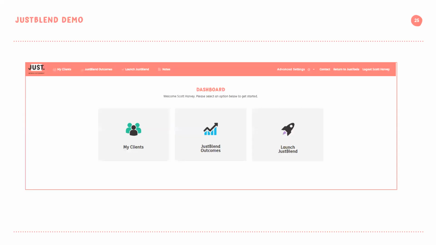Last point is we do have a very useful tool. It's called Just Blend. And what it does is it allows you to work out the appropriate or best amount that should be allocated to the Just lifetime income portfolio. So the tool allows you to move around with blending.